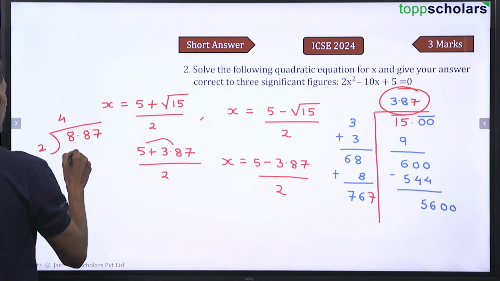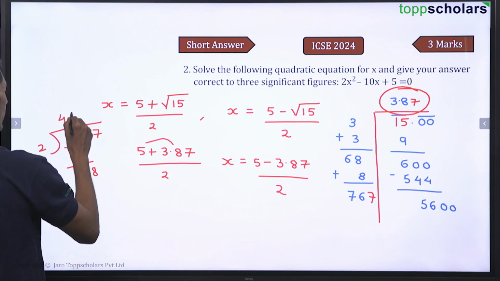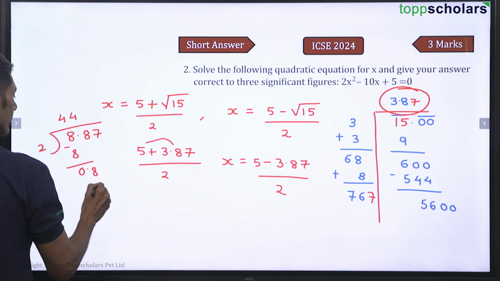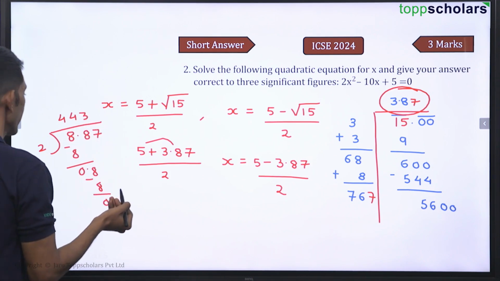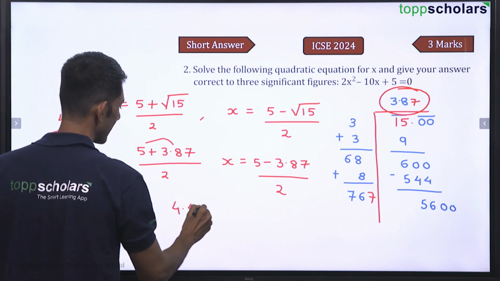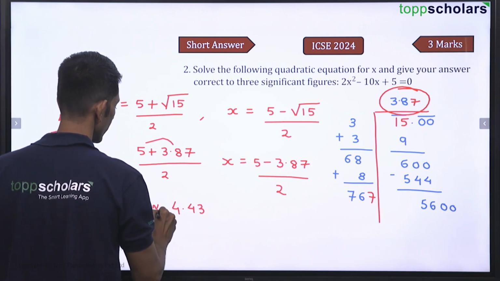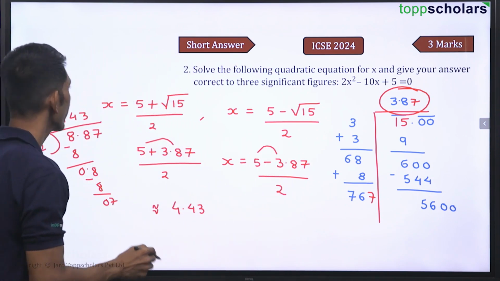So that is 4, 2s are 8, this is 0, this is 8, 2 4s are 8, this is 7, and this is 3, right? So we get 4.43 here, that is approximate, 3 significant digits, and this is 2.87